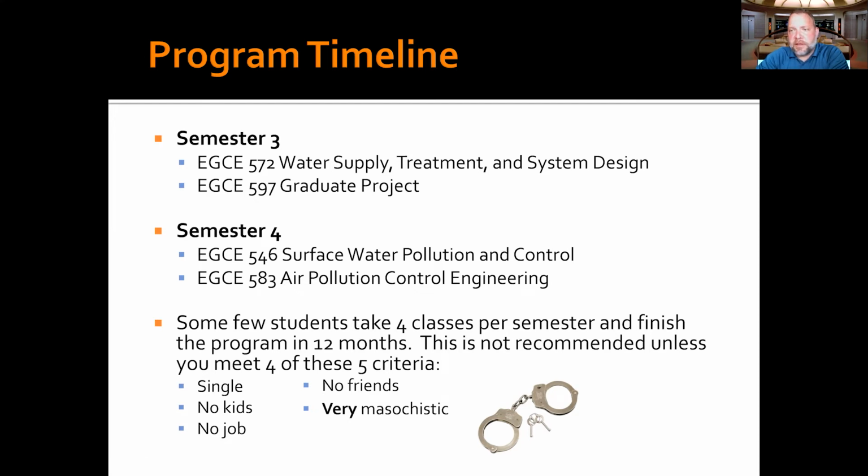Speaking of that, just to let you know, if you do take 4 classes per semester, the overall program is slightly cheaper. Just the way that our tuition and fee structure works, I think it ends up saving you around $1,000 to be done in a year versus 2 years. And conversely, if you take 1 class per semester, it ends up costing a little bit more. I don't know what the actual numbers are. Again, that's where Camille could really help you out. She has access to all that information at her fingertips.